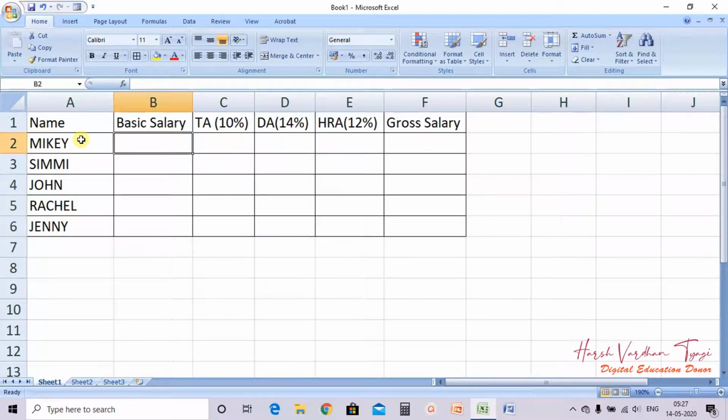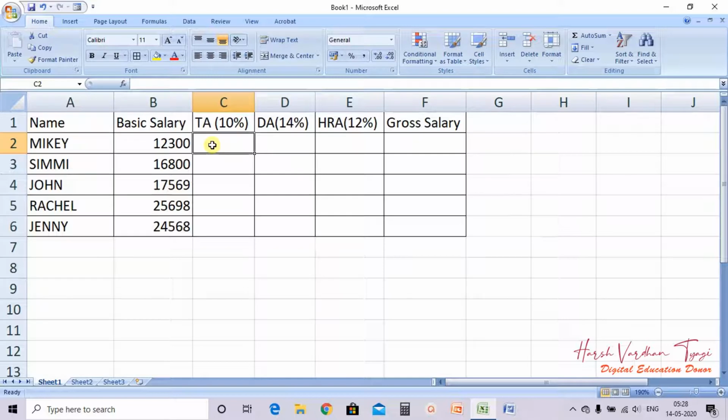Fine. Now the basic salary we are putting there. Basic salary. Now we have to calculate the TA.